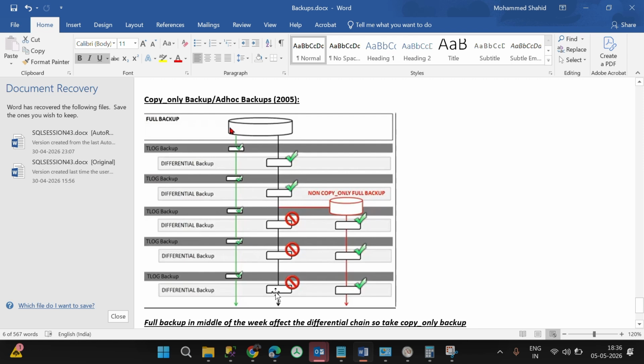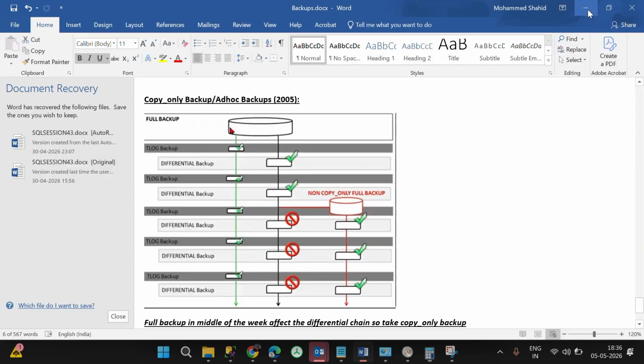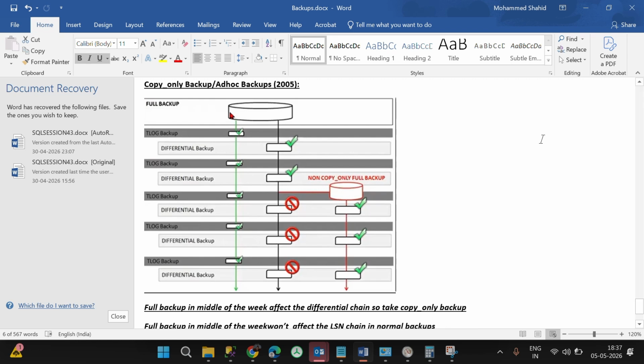At that time, what we have are log backups: 24 log backups on Wednesday, 24 log backups on Thursday, 24 log backups on Friday, 24 log backups on Saturday. If you calculate that in a calculator, 24 into 4 equals 96 log backups you have to restore. So that's the reason why we had to take copy only backup, and it won't disturb